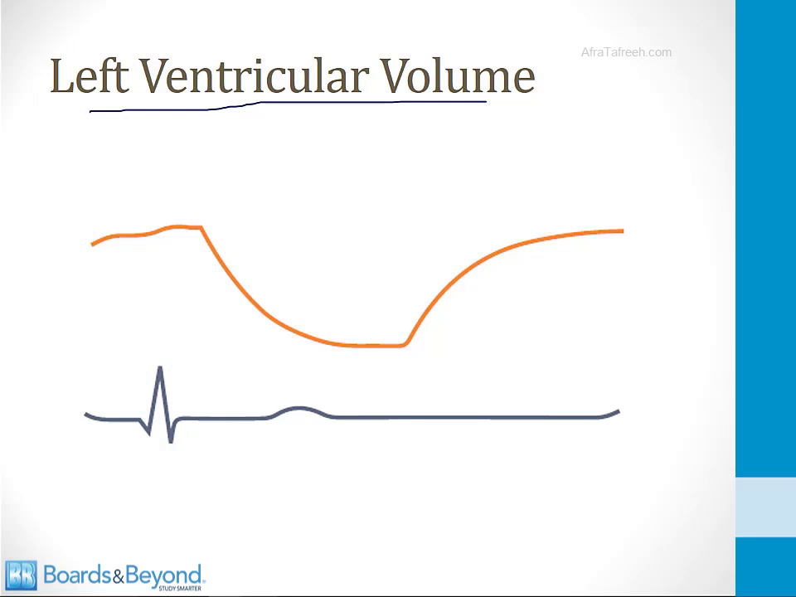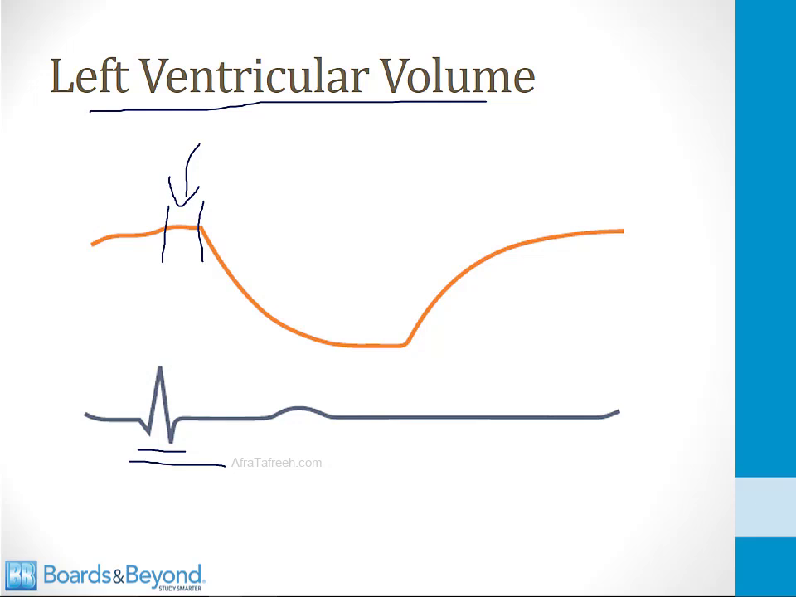Shown at the bottom of the screen here is the ECG tracing, and this is the QRS complex. So the QRS complex represents the start of ventricular systole. When the ventricular myocardium depolarizes, that generates the QRS complex, and that is the beginning of systole. Now note that even though systole begins here, the volume stays constant for a short period of time. That's because this is the period of isovolumic contraction, when pressure is building in the left ventricle but volume is